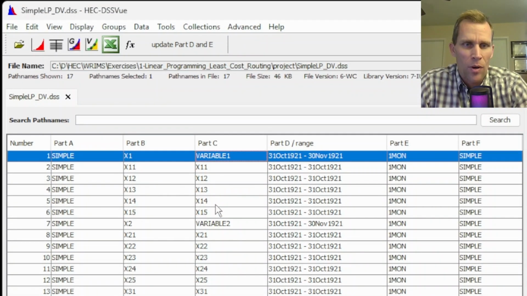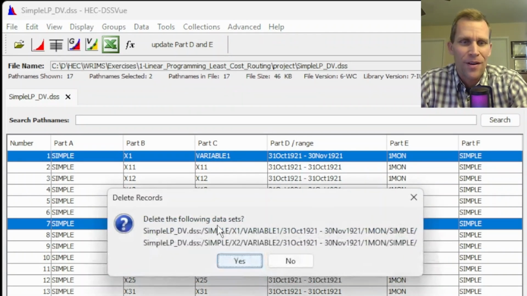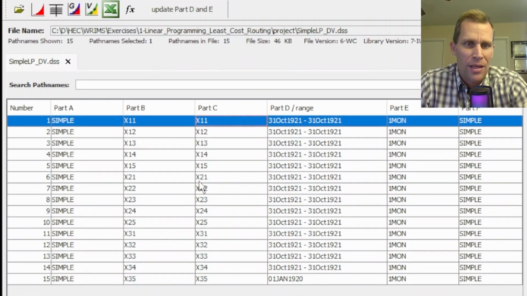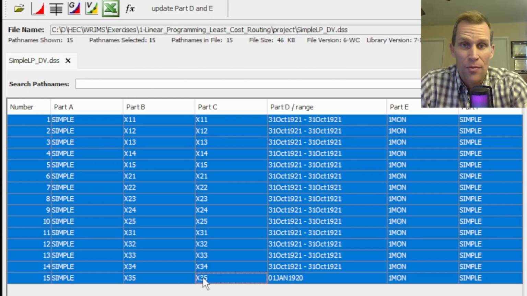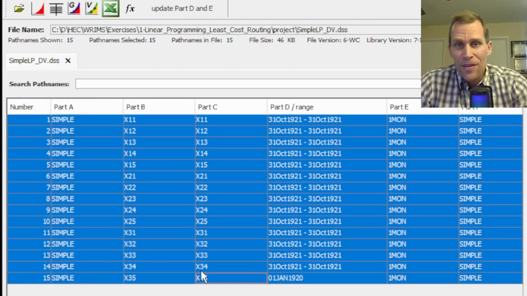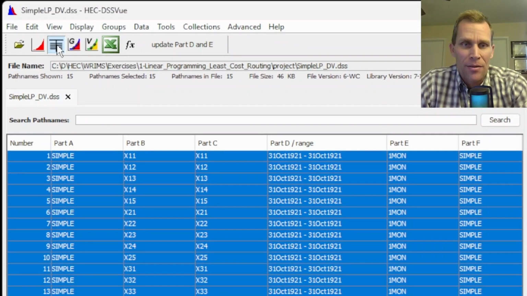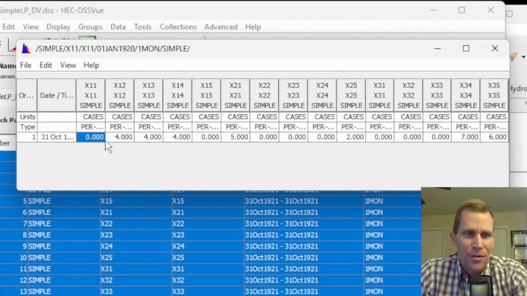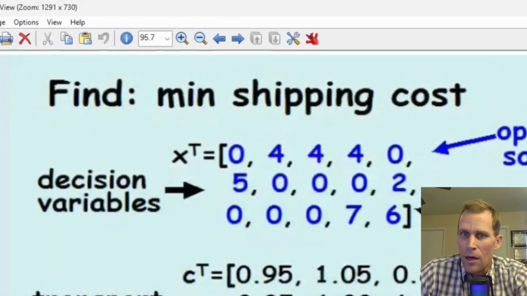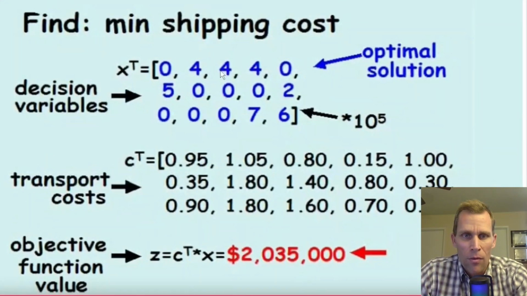All right, so this variable 1 and variable 2 were left over from the previous file. We don't need that. What we have now is the 15 different paths, each representing one of the decision variables of the number of cases to transport from factory S to warehouse D. If I click on the table button, we can see what those results are. 0, 4, 4, 4, 0, that should look familiar because if I bring up the optimal values, we have 0, 4, 4, 4, and 0. Those are the quantities shipping out of factory 1. Out of factory 2 should be